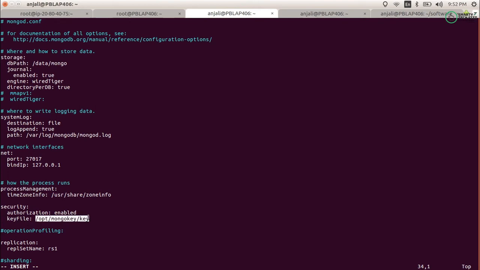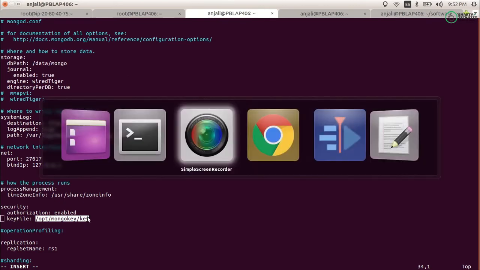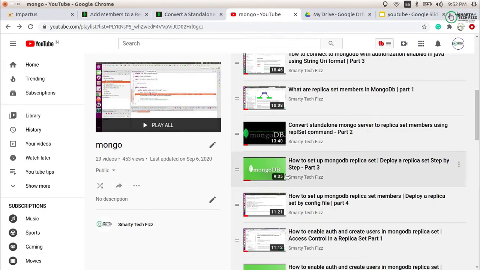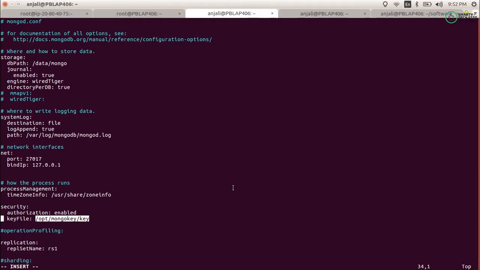So how will you generate this file? You can go back to my playlist and you will find how I generated the key file for the replica set. But here you do not have to generate it again. You should just take the same file from the other replica set members, keep it in the same place and mention the path here. But I will show you what it looks like.